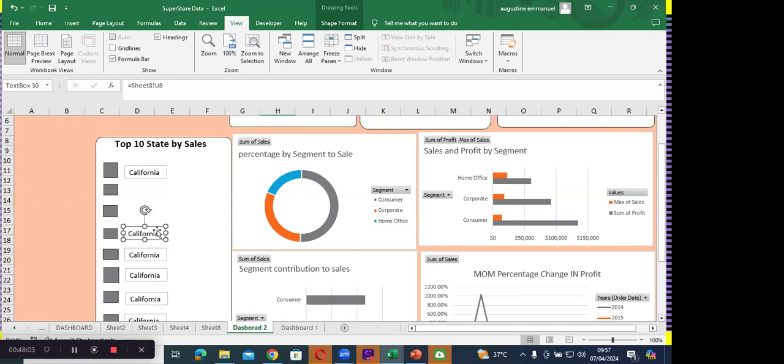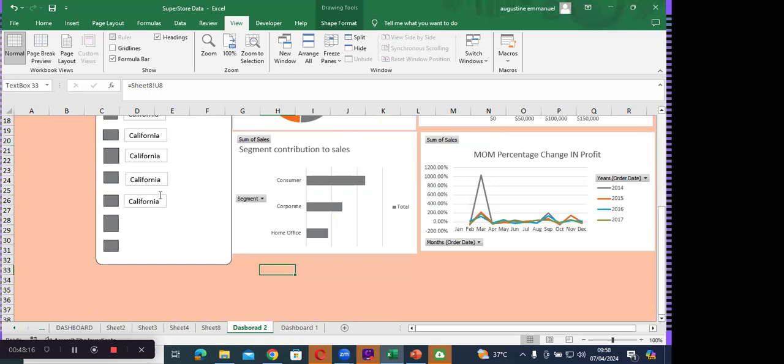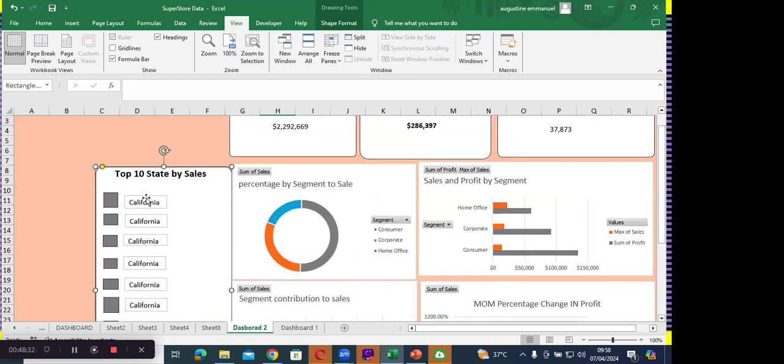Let me duplicate this, Ctrl C, Ctrl V. Ctrl C, Ctrl V. Ctrl C, Ctrl V. Ctrl C, Ctrl V. So we have this. So now let's click on this, and if you change it to 9,